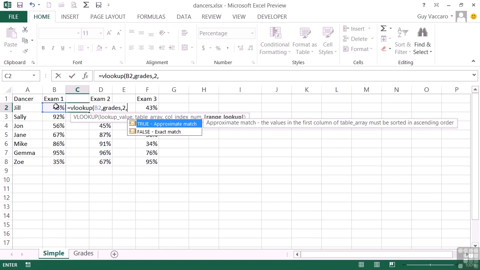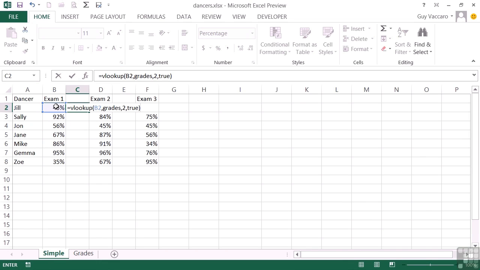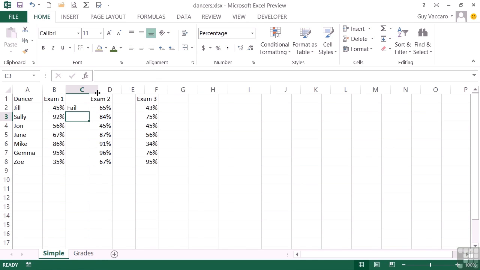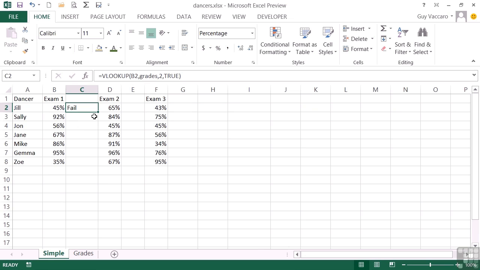This time, however, I need to put TRUE, which classes itself as an approximate match. But really, it works up to the next cutoff, and you'll see this in action. So 45%, we go look that up in the grades table, find out what the grade for that is, and bring that back here. And 45% is actually a fail. Let's replicate this down the column. And we see that Sally has a distinction. She does at 92, 56 is a pass, 67 is a pass, 86 is a merit, 95 distinction, and 35